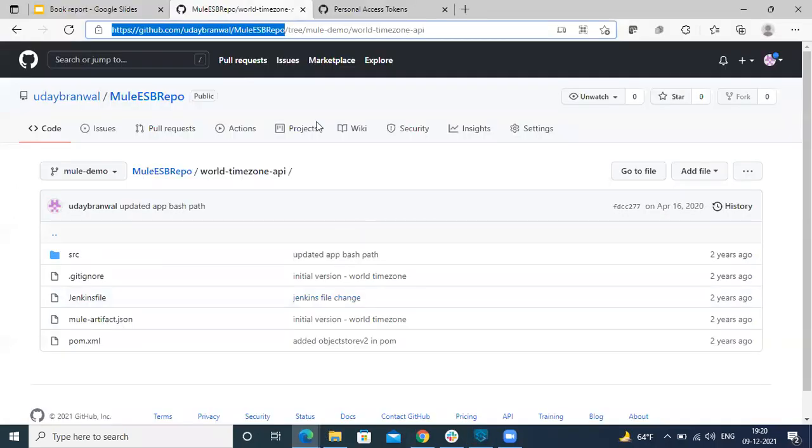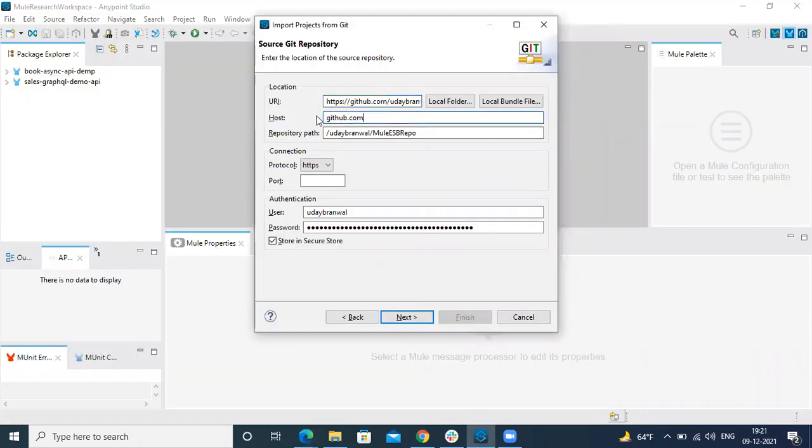I needed to take the path of the repo. By selecting this text, I put it here, and then it automatically calculated the host and repository path. And then I gave my user credentials, I mean user ID and this personal token.